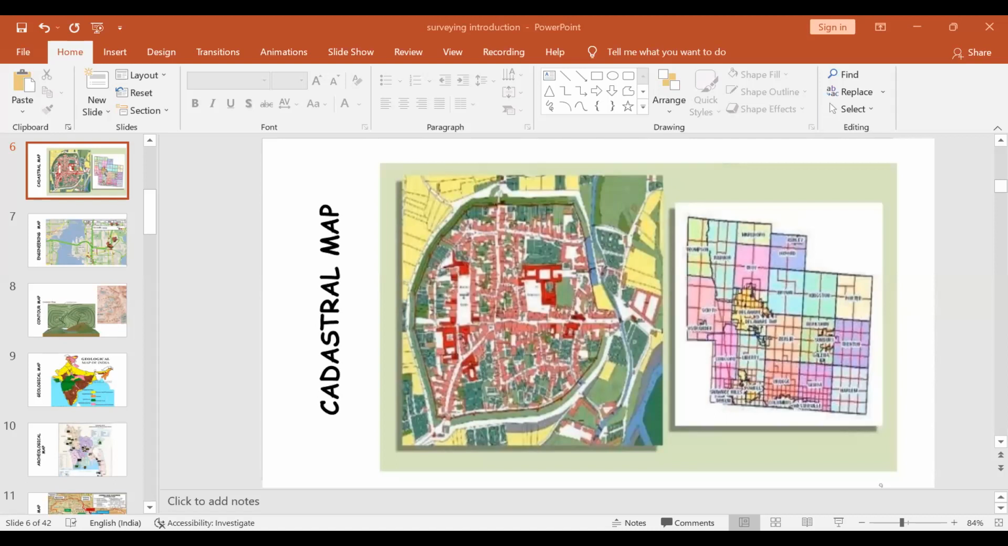For every village, every town and every state, there will be one survey department, which comes under the revenue department. Okay, they will maintain that. Can a chartered engineer give such kind of cadastral maps, sir? A chartered engineer is